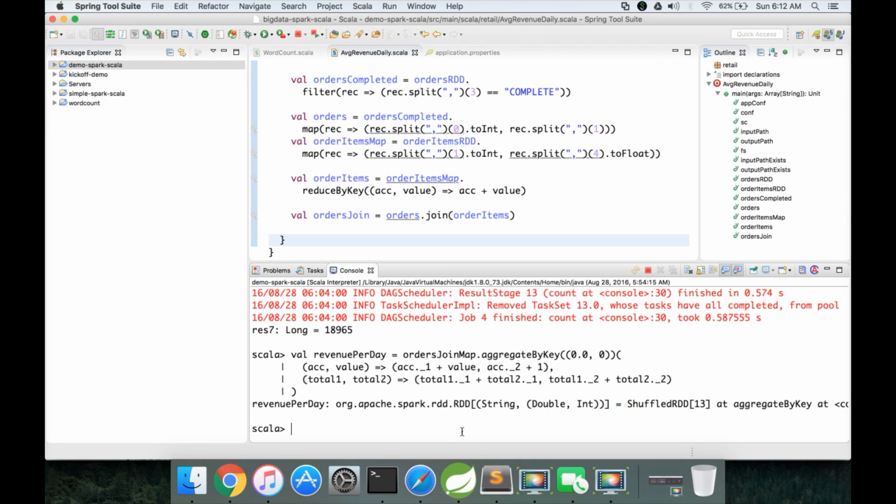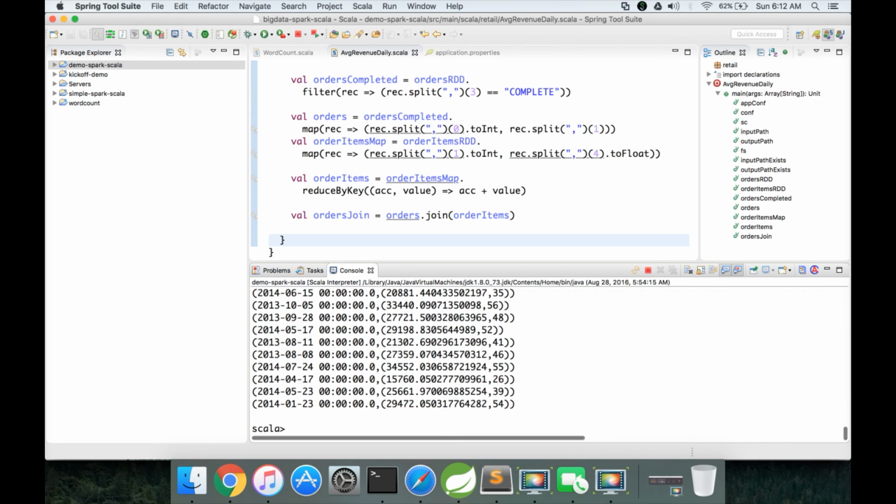We can preview the data by saying revenue per day dot take of 10 dot foreach println. Okay, so we got the total revenue for each day and total number of orders. We have to just divide the revenue by the number of orders to get the final results, and we will see that, and also we will see how to round these values.